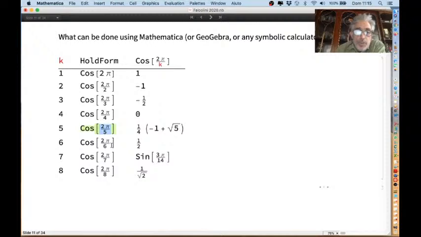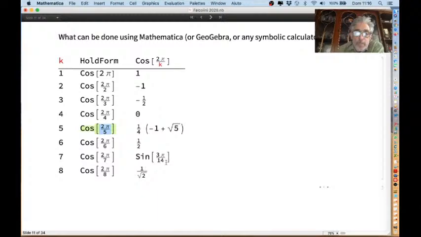We know that the cosine of pi over 3 is 1/2, and the cosine of pi over 4 we can in fact calculate with trigonometric identities, all these numbers,